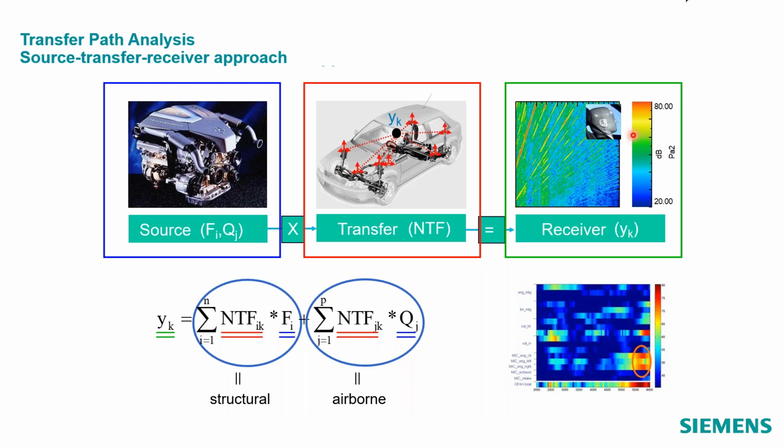And inside TPA, what we do is we multiply the forces by the structural A over F to get a partial acceleration, or we could multiply a Q by the A over Q FRF to get the airborne contribution and sum those together to get the total response. And we can calculate that total response as the contributions of your structural and airborne sources and compare that to a measured target. Then we start looking at plots on the right where we're trying to rank the contributions from different paths to see what paths are contributing to the response the largest. And then we might want to go after those paths and try to improve them.